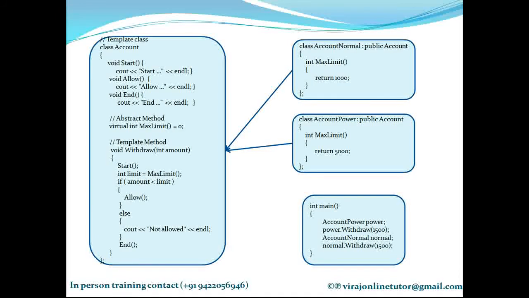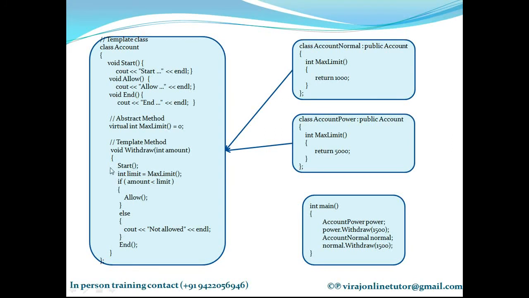Now this is the simple example of a template method design pattern. So what am I doing? Step number 1 is I need to define an algorithm whose skeleton is fixed. Now where is the algorithm? The withdraw function is the algorithm. So this is a template method, withdraw. What is it doing? It is accepting an amount from the user and defining the algorithm here. Now what's the algorithm?